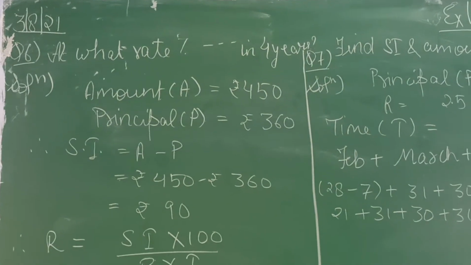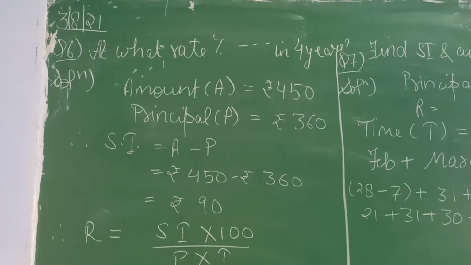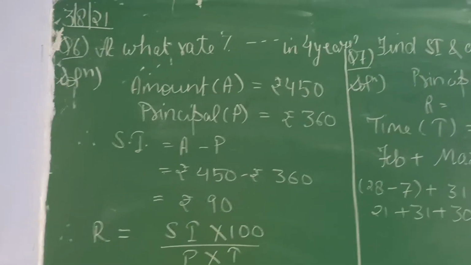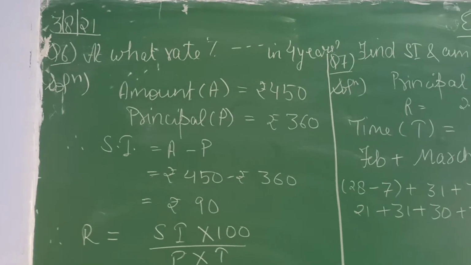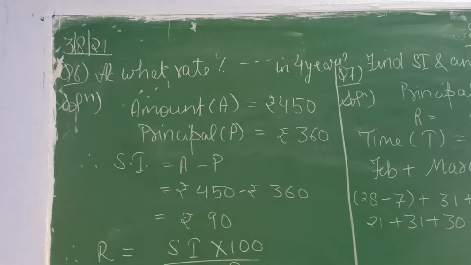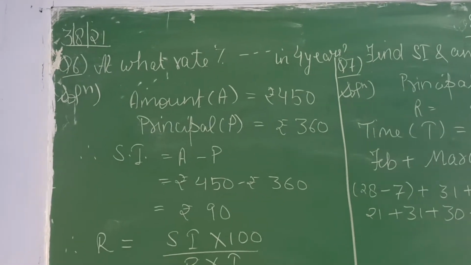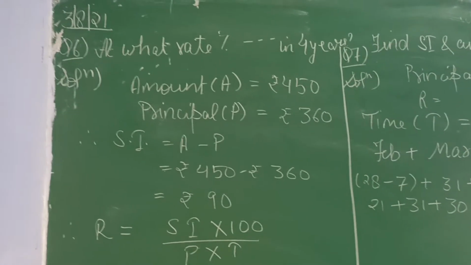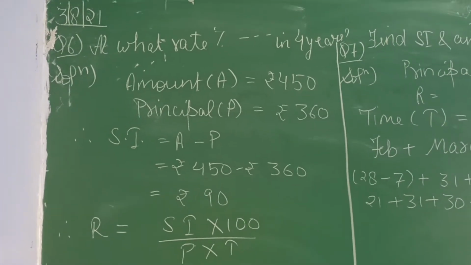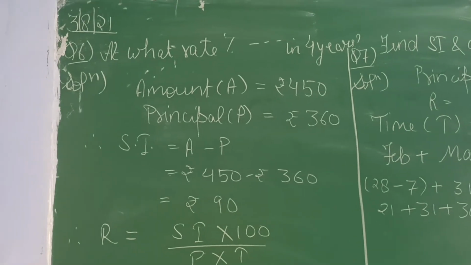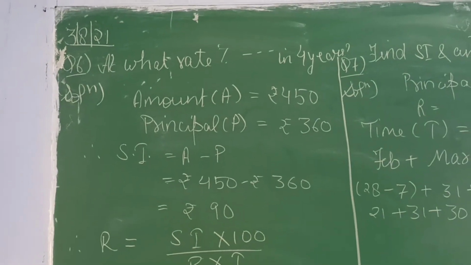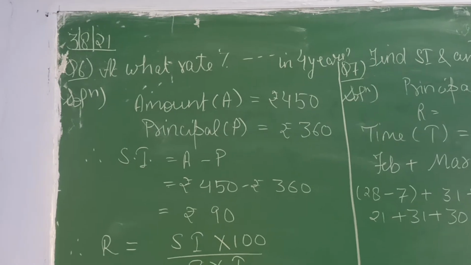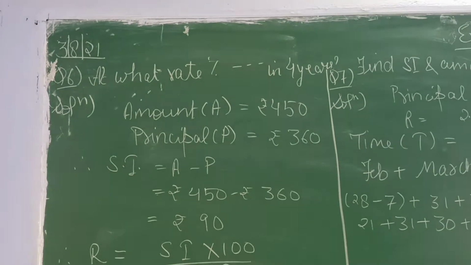We were doing exercise 10, and till question number 5 we have discussed. Now today we will start with question number 6. In question number 6 you have to find out the rate percent. The amount is given, principal is given, and time is given as 4 years. At what rate percent rupees 360 amounts to rupees 450 in